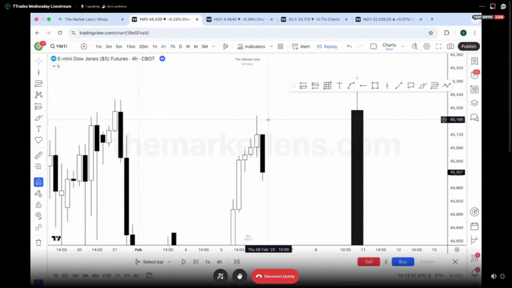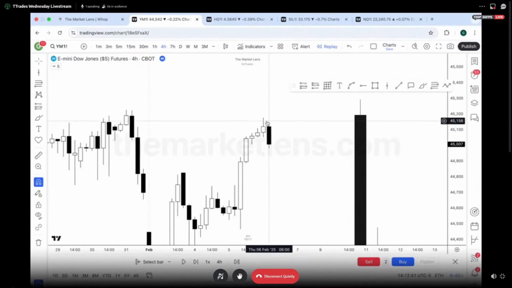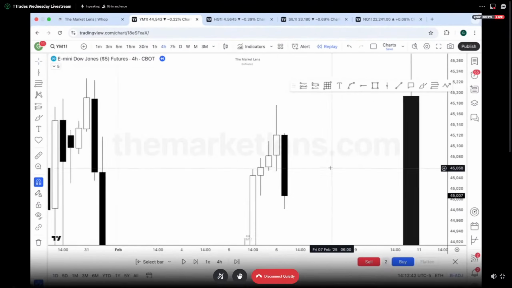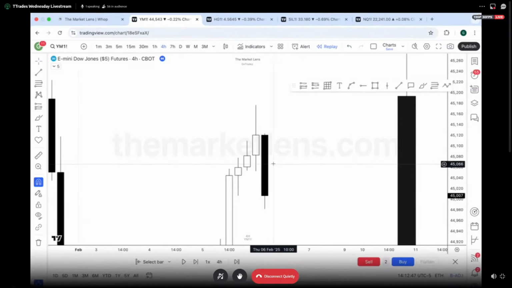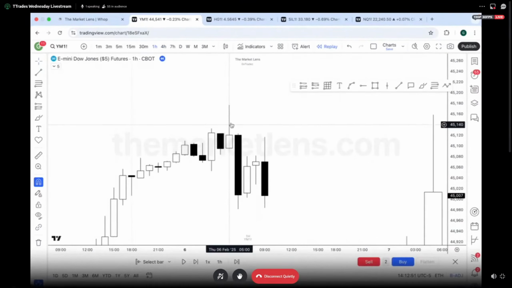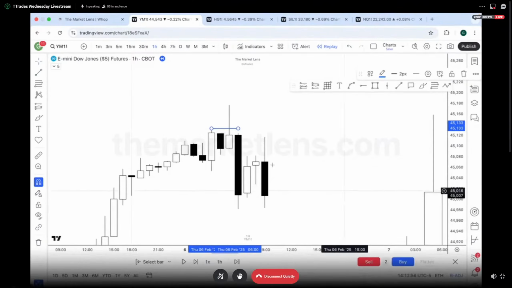So what is this really, right? If we look at the previous day, right, large expansion candle, what are we starting to do? I actually traded this as well. We put an SMT up here, right, within this 2 a.m. candle. If I drop lower, right, what do we see? And this is what I mean by this. Look,